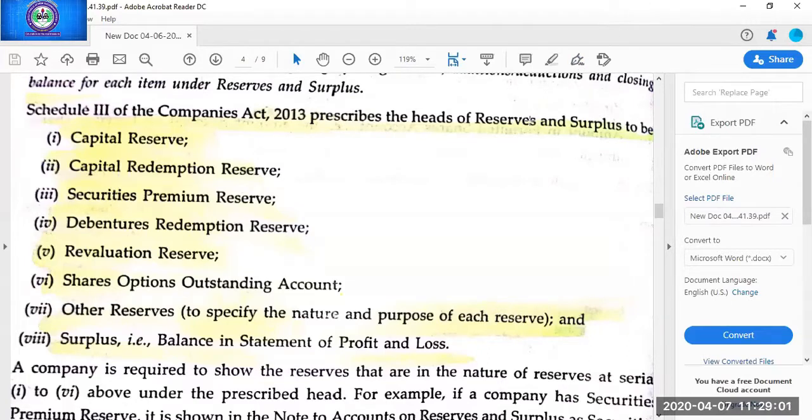Okay, students, I'm continuing. So you have to memorize this subhead, reserve and surplus is the subhead, and the major head is shareholder fund, and these are the examples, and try to memorize all these items in the same sequence: capital reserve, capital redemption reserve, securities premium reserve, debenture redemption reserve, revaluation reserve, share option outstanding account, then other reserves and surplus. You will not be able to understand what is SPR, what is CRR, what is DRR. These all things we will be doing in detail in book 2, chapter 1. Okay, students. So here you have to just learn them.